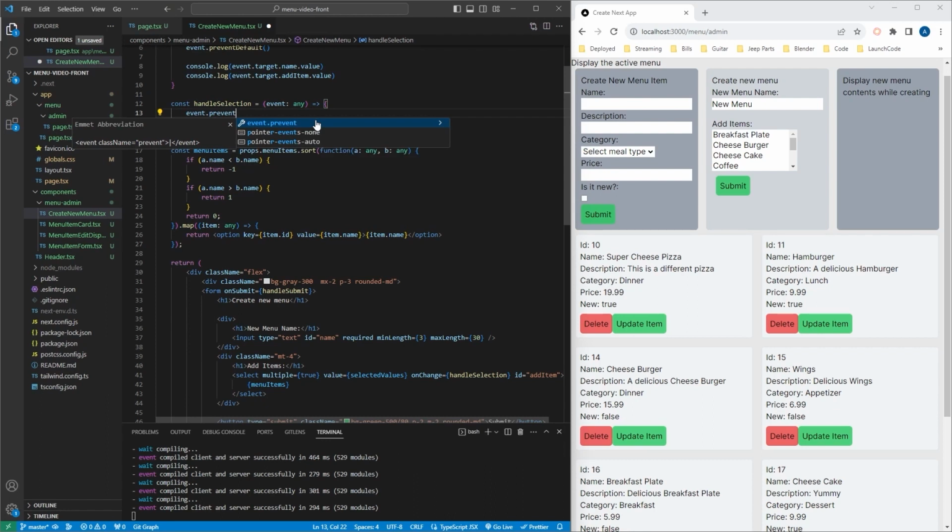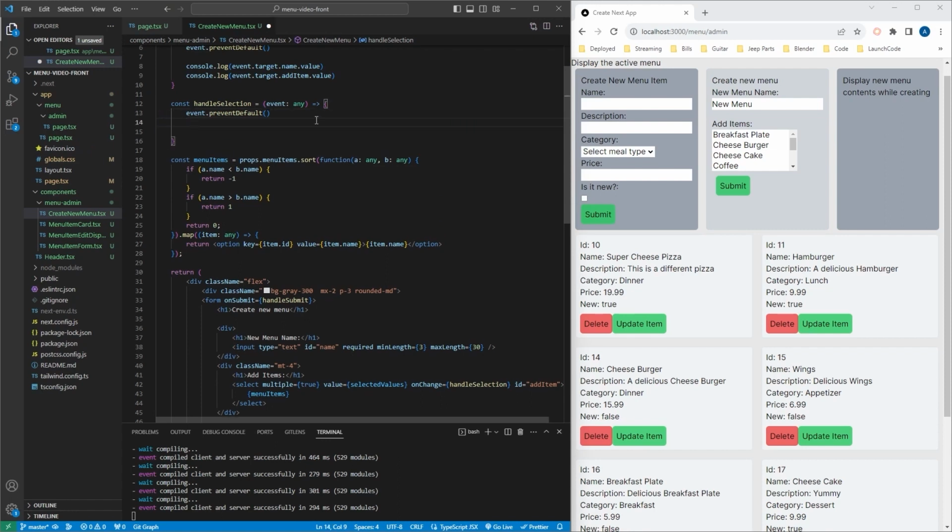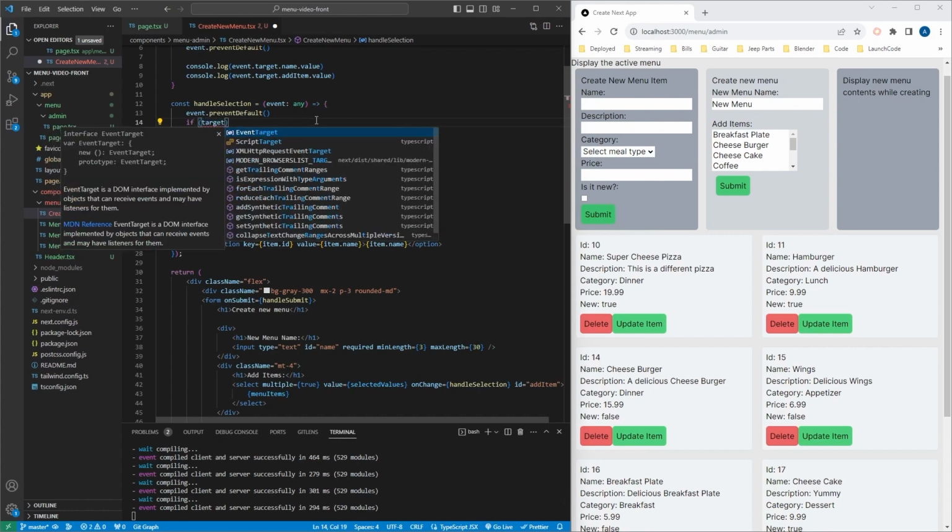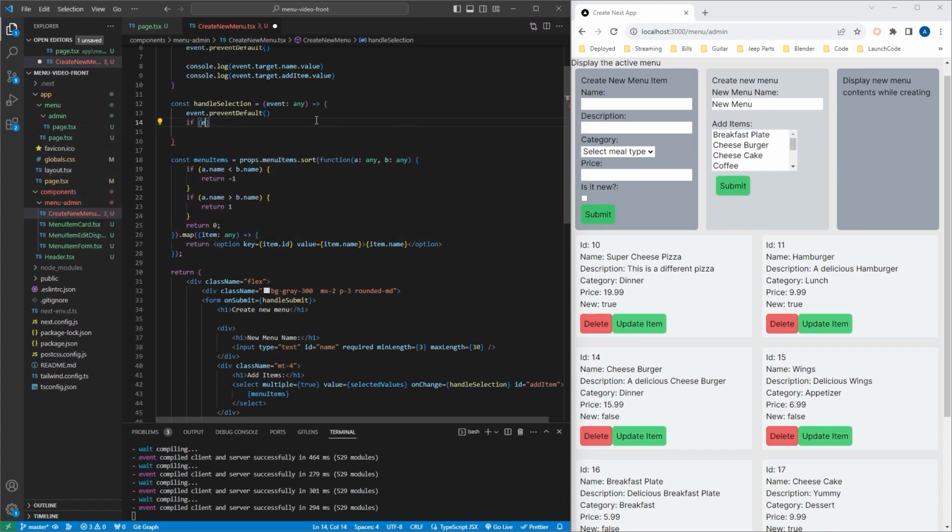Event.preventDefault. And then if event.target.value does not equal an empty string,